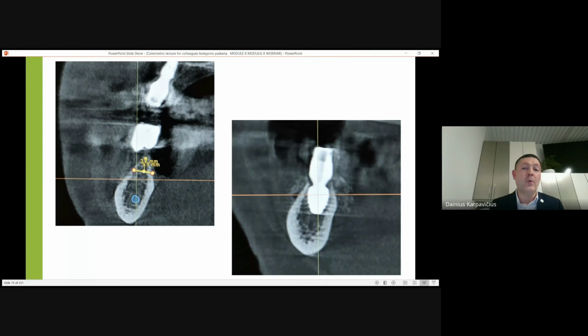But anyway, we strive to have our implant in natural bone as much as possible, because we don't know what will happen with our augmentative materials after time. And then submerging is sometimes like a protection